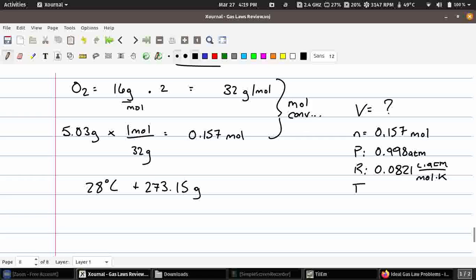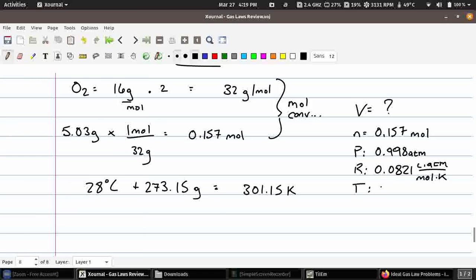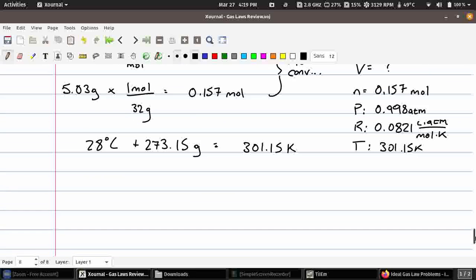So that is, I think, 301. Yeah. 301.15 kelvins. I'll double check myself in the calculator. Yeah. All right. So temperature is 301.15 kelvins. Okay. So let's go and figure out what our volume is going to be. So original equation, PV equals nRT. We're solving for V. Divide the P out. So let's plug everything in. V equals